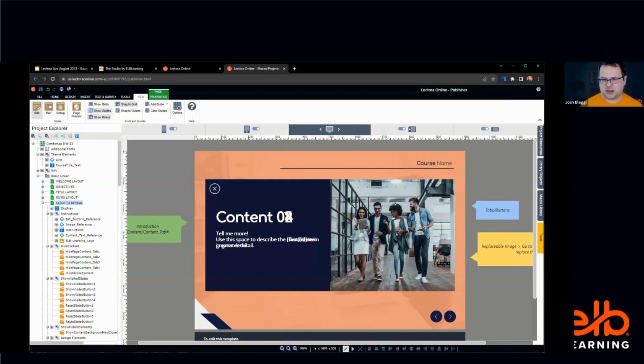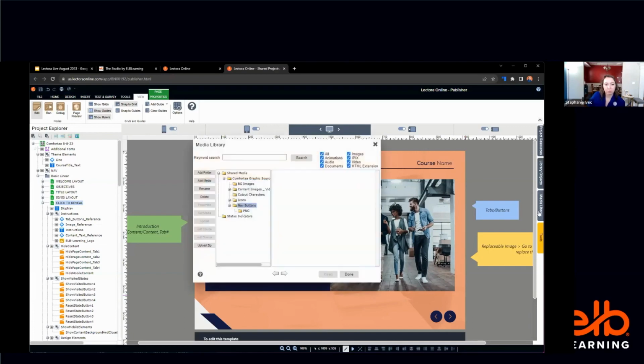So it doesn't keep track of where those library objects are. Everything's still object based, and so you are updating individual instances of those objects, not a global element, hopefully that makes sense to everyone. And I've reached out to the dev team to see if they have any suggestions on quick ways to do that. While we wait for them to respond, can the images in the shared media be tagged for quick